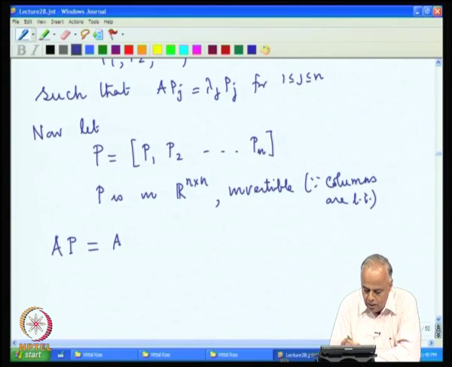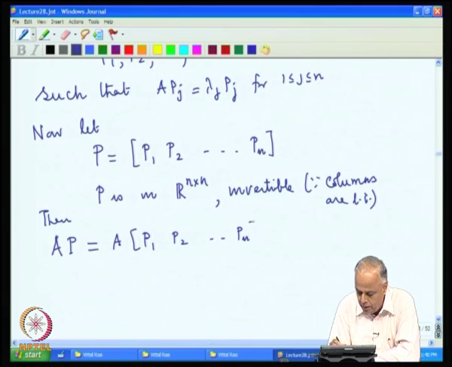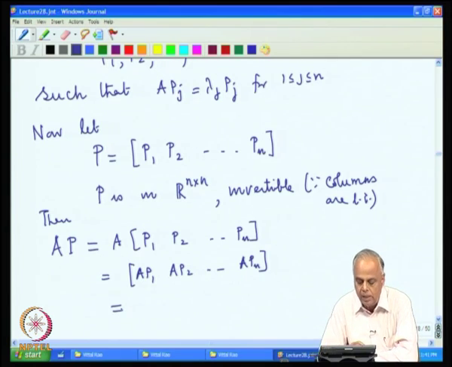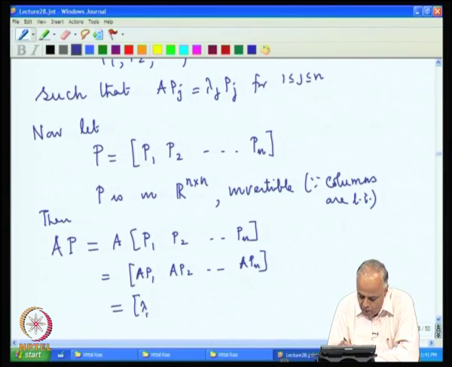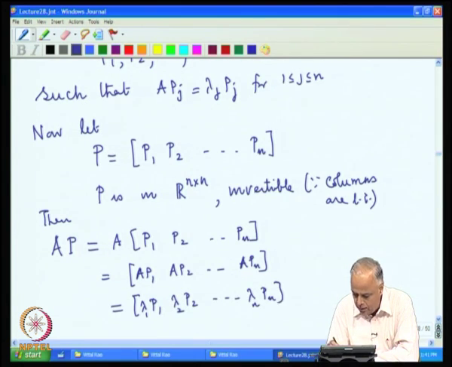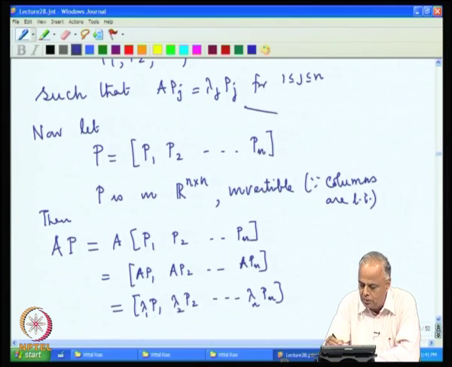AP is equal to AP1, AP2, ..., APn. As observed earlier, this product will be AP1, AP2, ..., APn, but we are given that AP1 is lambda 1 P1, AP2 is lambda 2 P2, ..., APn is lambda n Pn. That is given to us. So, this says star by star,